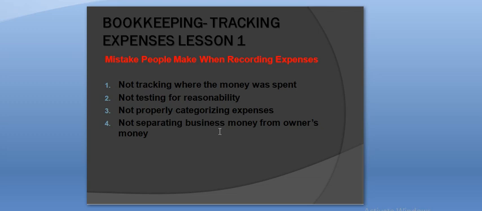Number two is not testing for completeness and reasonability. Reasonability meaning these expenses I'm seeing here in this account, are they reasonable? That's what you're going to ask yourself. Like now, for example, if I'm an accountant preparing accounts for an organization that has a bookkeeper or has an employee, for example,